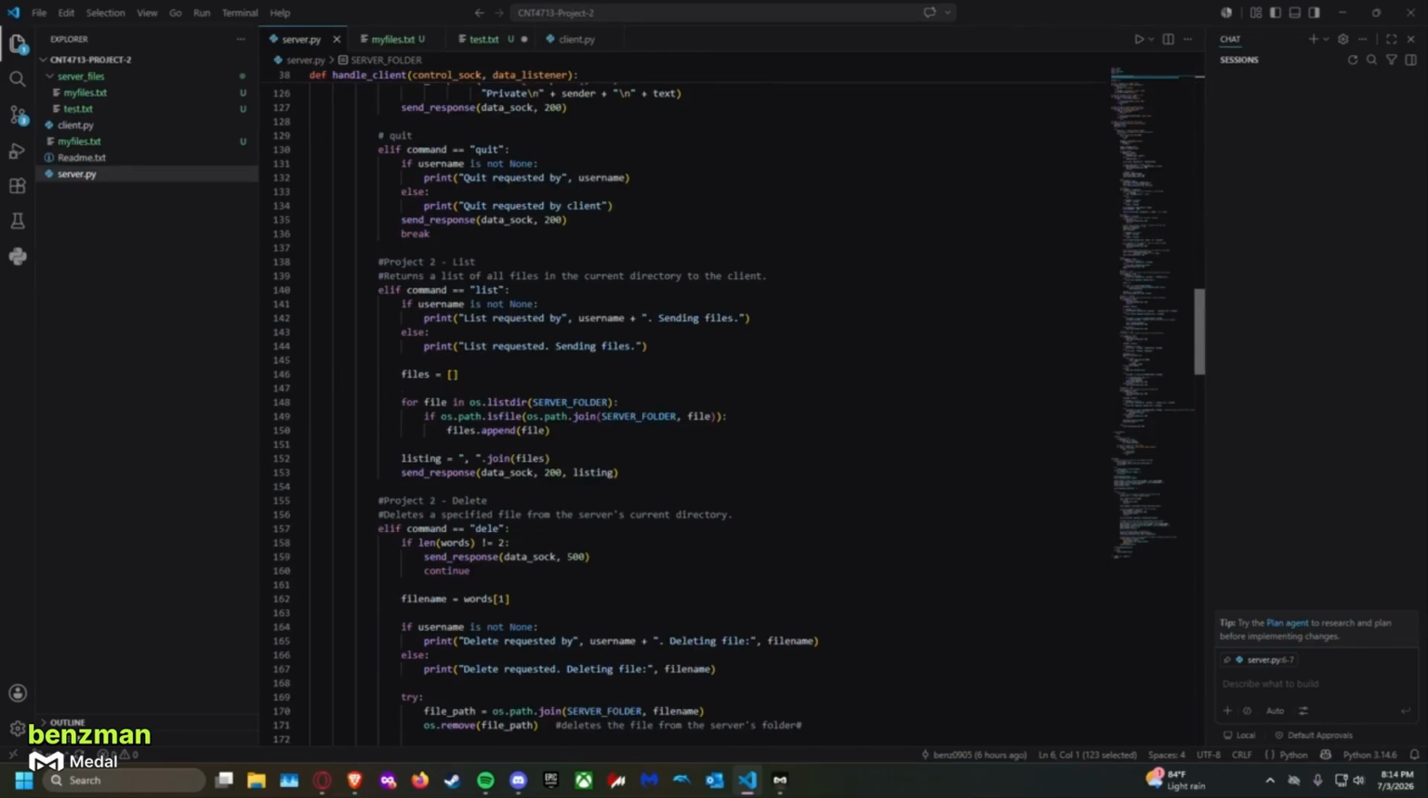First things first, I created the list command. In the server terminal, it would say something like list requested by username. If the person is logged in, it would say something like Alice or whoever the name is, and it would send the files. Else, if the user is not logged in, it will just say list requested, and it will just send the files. Then it will create an empty list labeled files, and then creates a for loop